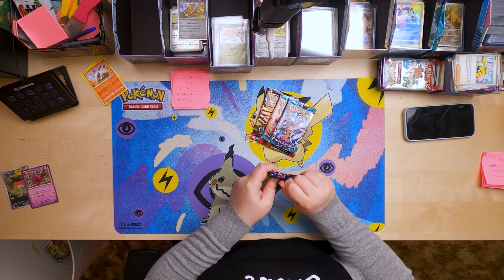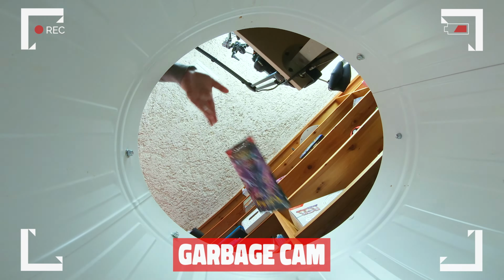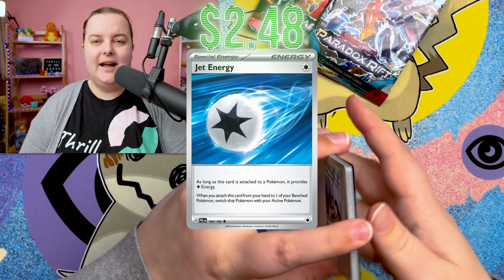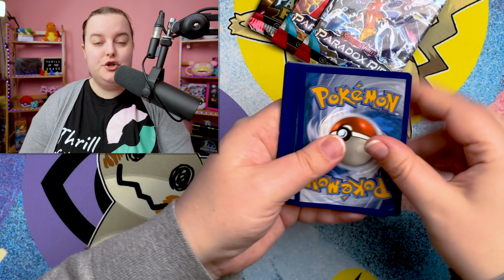This is the only non-trainer in the list. Jet Energy, one of the highest cards on this list at